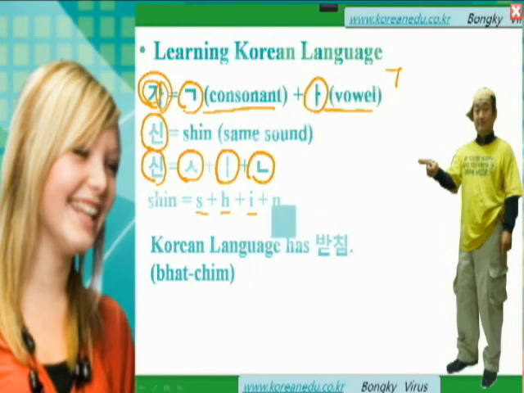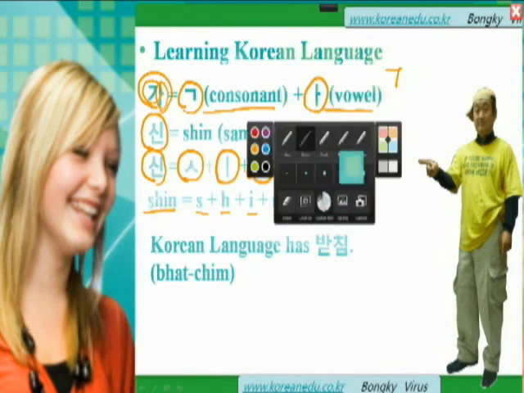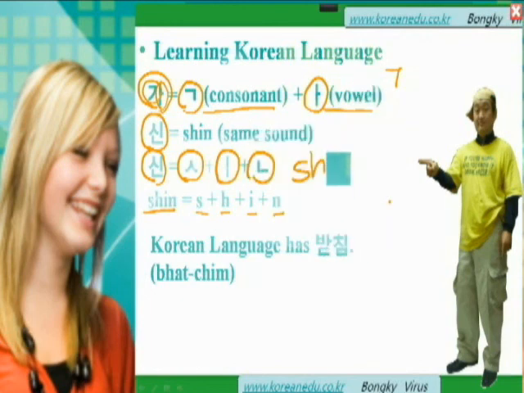But do you see the difference between the Korean language and the English language? Let's see. When you express shin, you write S-H-I-N. Yes. You write to the right. When you write the Korean word shin, you write 시옷 and E, and below you write the consonant